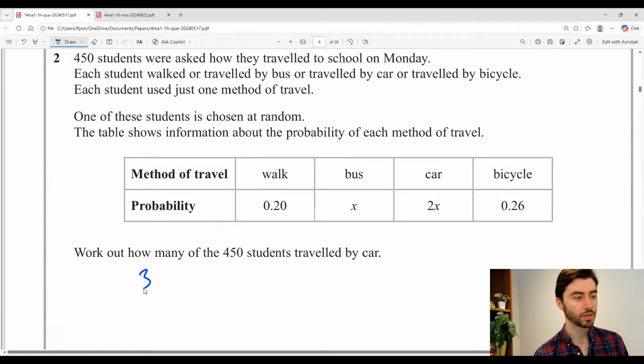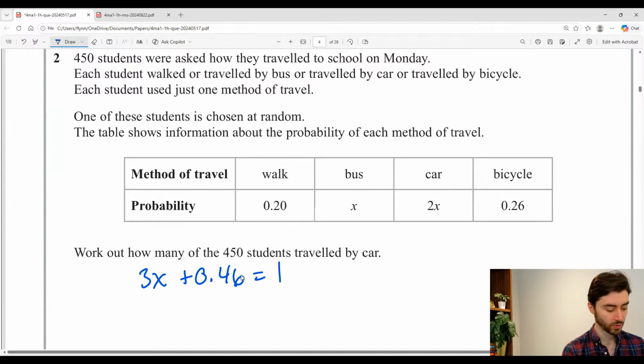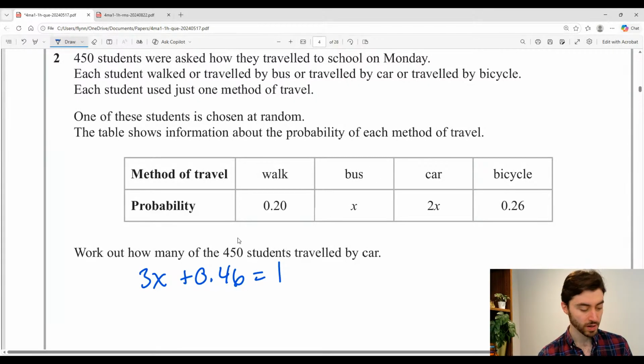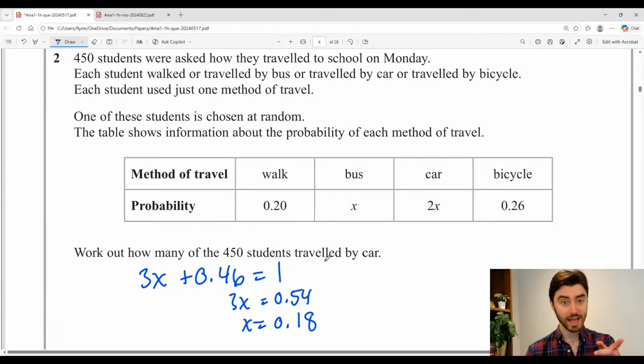So we've got that 3x plus 0.46 is equal to 1. And then 1 minus 0.46 is 0.54. So 3x equals 0.54, and x is equal to 0.18. Now, we're not done yet. The second you think you're done with the question, reread the question to make sure you've got over the finish